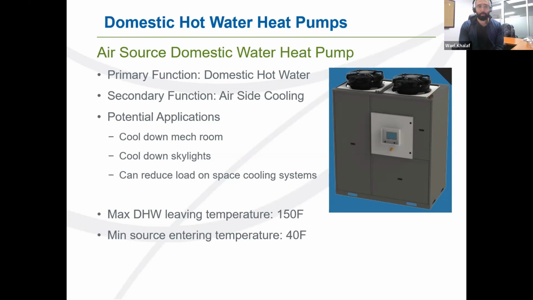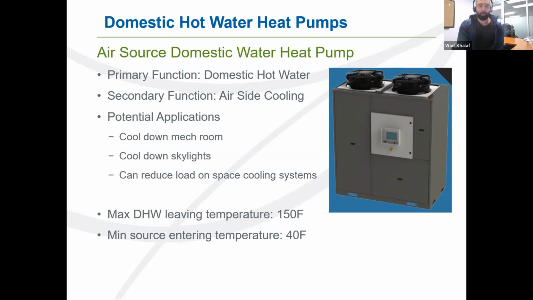So I can put this heat pump in a mechanical room where there are boilers and other equipment, and that will help to cool down the mechanical room and consequently produce hot water on the other side. You can put it very high, close to skylights, where there's a lot of stratified air at the top, and cool down the higher section